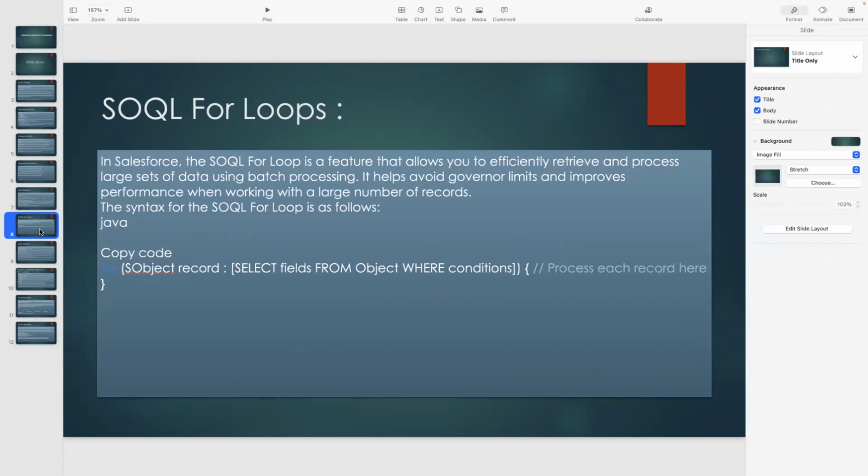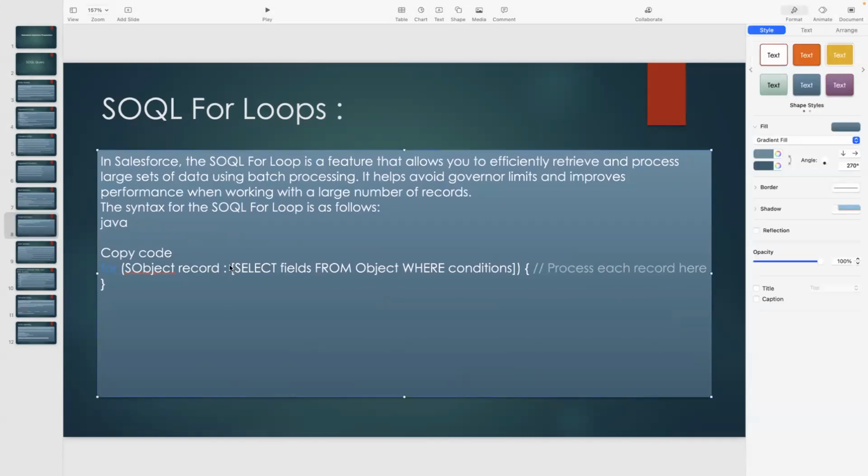The other thing is the SOQL for loop. Okay. SOQL for loop is basically when we do the query directly inside a for loop in the condition statement. That is known as the SOQL for loop. It allows you to efficiently retrieve and process large sets of data using batch processing. So if I show you an example of this,